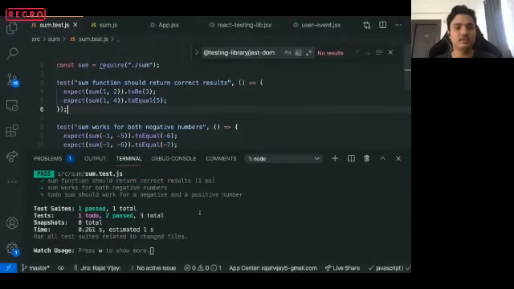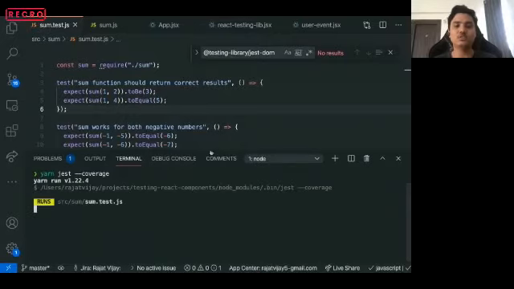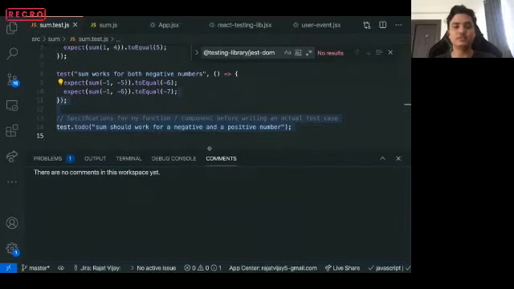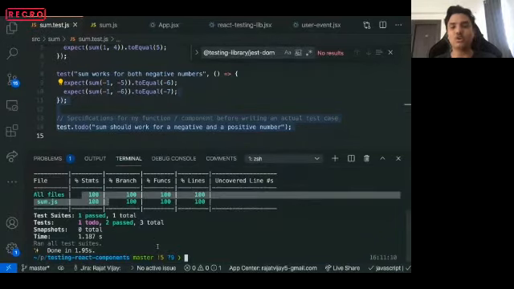Let's fix it. It also gives you the capability to check coverage. Coverage is the percentage of code that is being covered by tests. So it says you have 100% coverage.